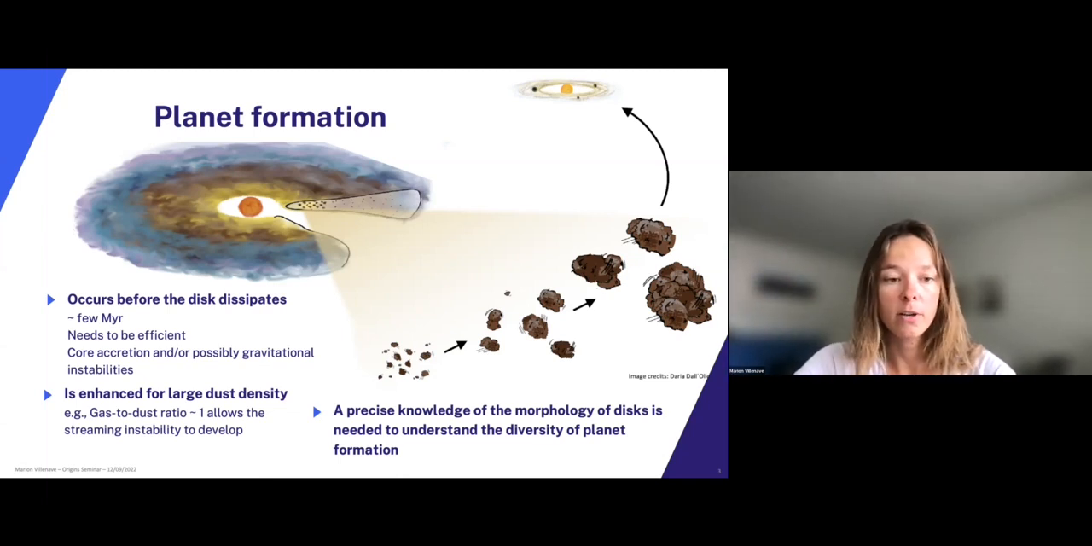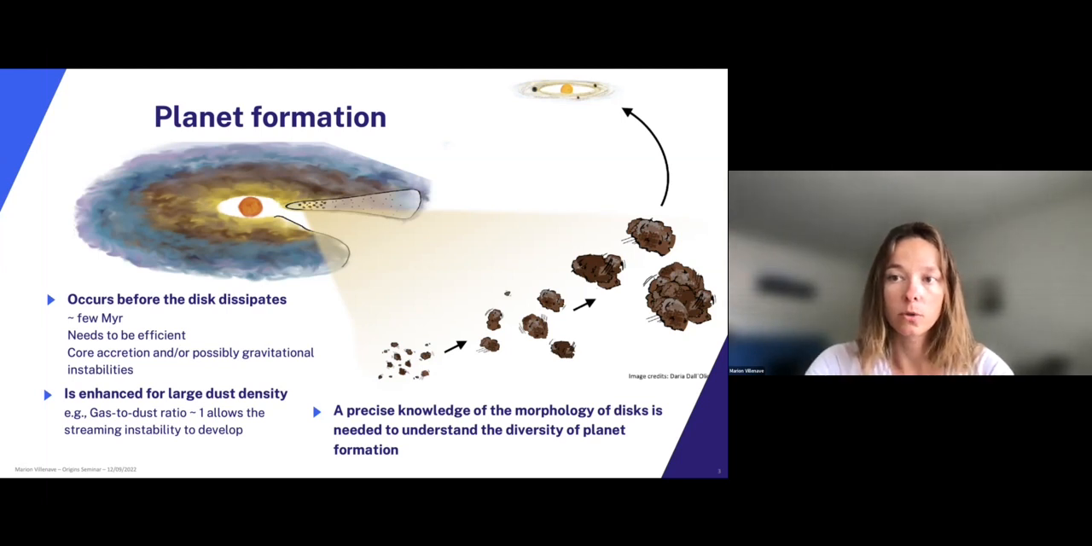This scenario, however, is a bit slow unless there is a high dust density in some region. In particular, if we have a region with a gas-to-dust ratio close to 1, then the streaming instability can develop and it can form planetesimals in hundreds of years from smaller particles. Also, if the dust density is higher, then there will be more collisions between the smaller particles, and so they